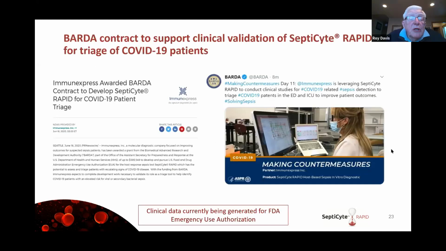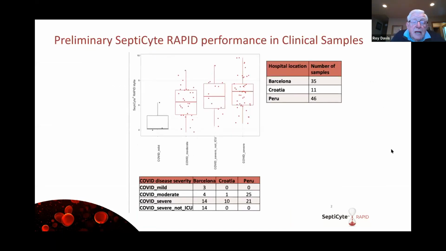Recently, Immunexpress has received a BARDA contract to support clinical validation of Sepsis Rapid for triage of COVID-19 patients. This is to look for patients who present with SARS-CoV-2 positive testing who may have, at the time of admission, developed a sepsis related to the viral disease process. We have started to evaluate this process. We presently have two studies going on in the United States, but this is for some preliminary Sepsis Rapid performance in